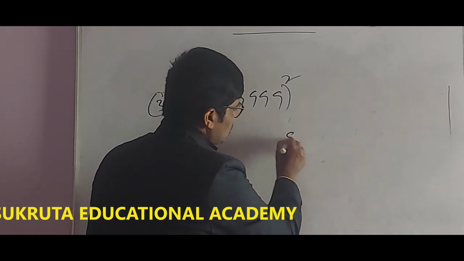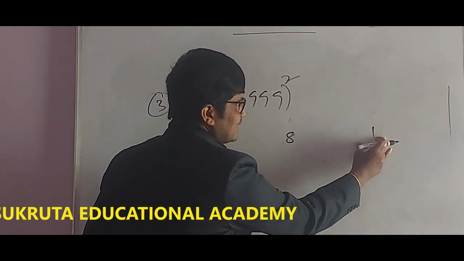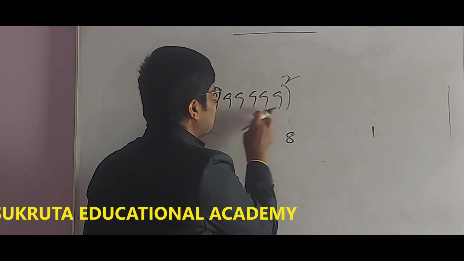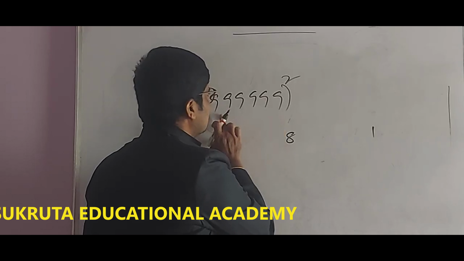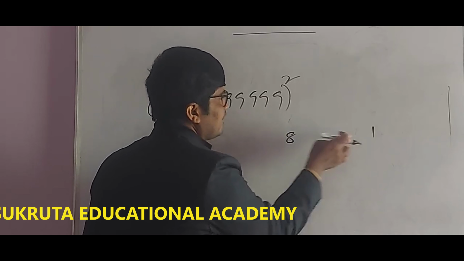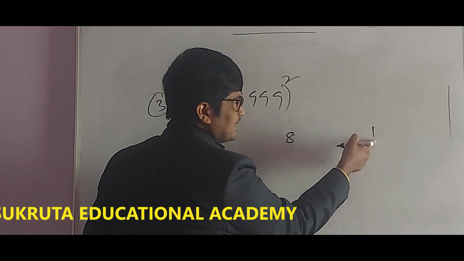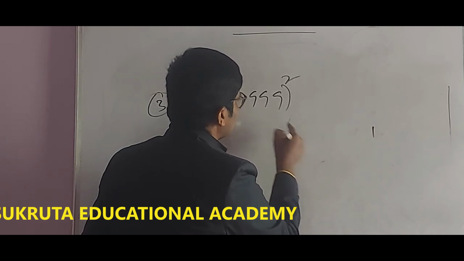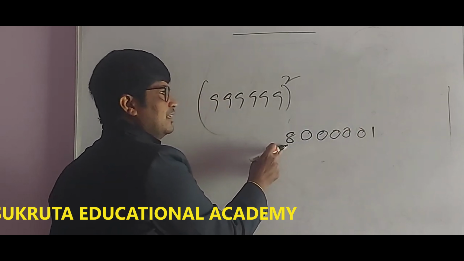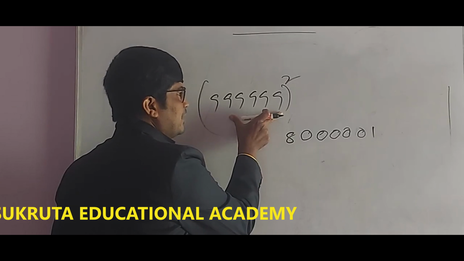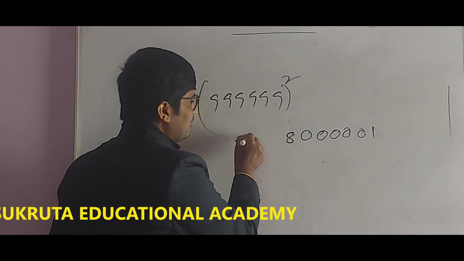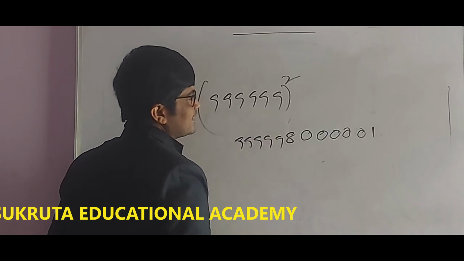And now we already know that we have to take a digit lesser than this number and a digit greater than this number. According to this number, there are 6 digits here, so we have to take 5 lesser digits: 5 zeros. And when 6 digits are given, we have to take 5 digits greater than this number. So then 5 nines we have to take. So this is our answer.